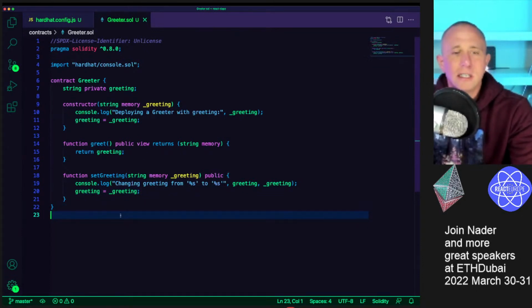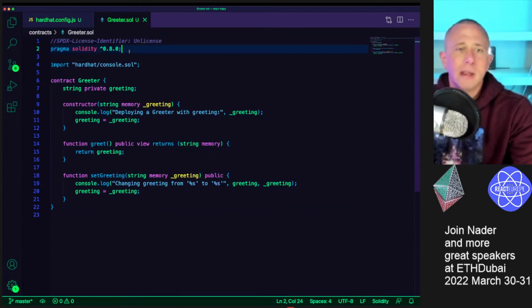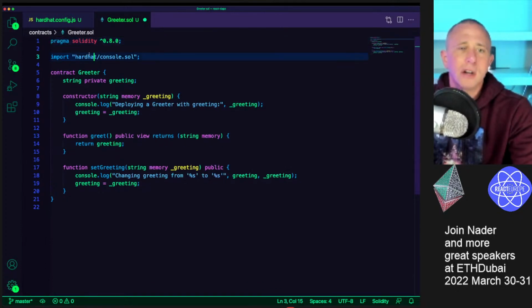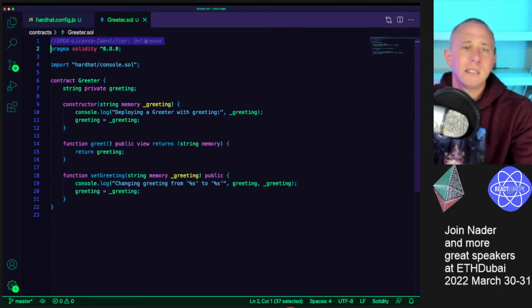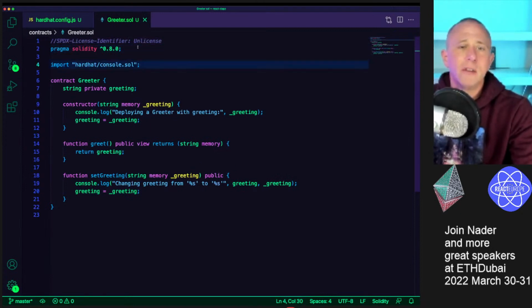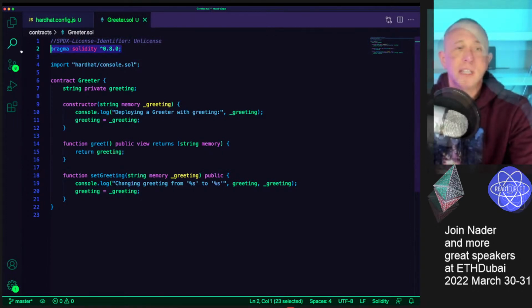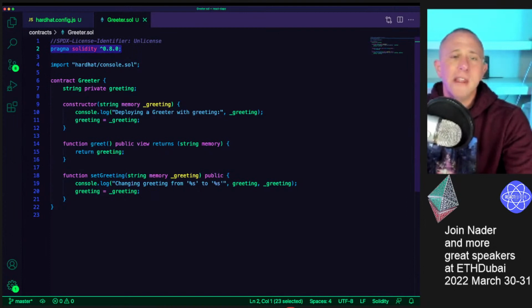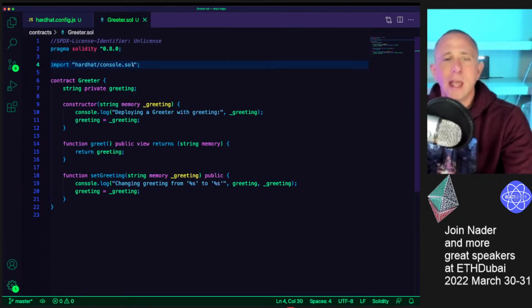So this contract is pretty basic. These two things right here at the top are necessary. If we try to compile this contract without setting a license, without even this comment, I don't think it will compile. You can leave it as unlicensed or whatever you want to do. You have to define the Solidity version that you want to work with. And then you also have the ability to do imports. Later on, we're going to be importing a token contract that we can inherit from for creating an ERC20